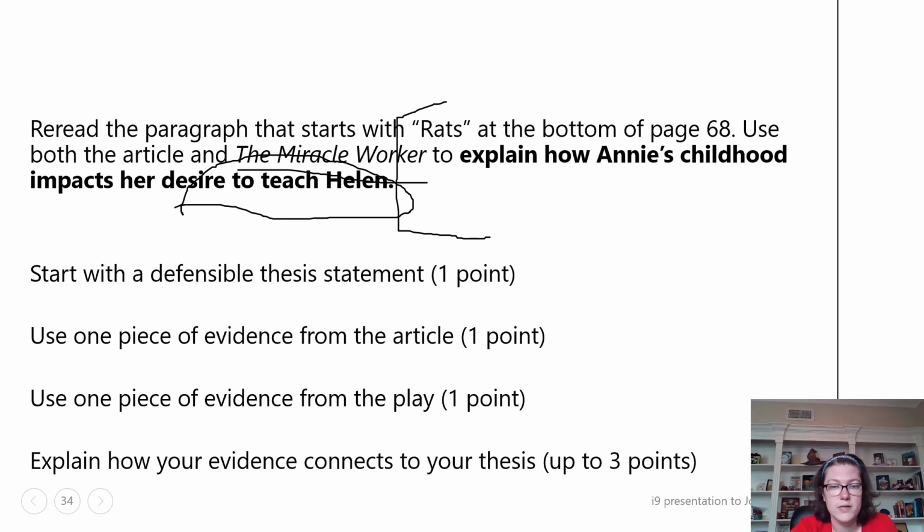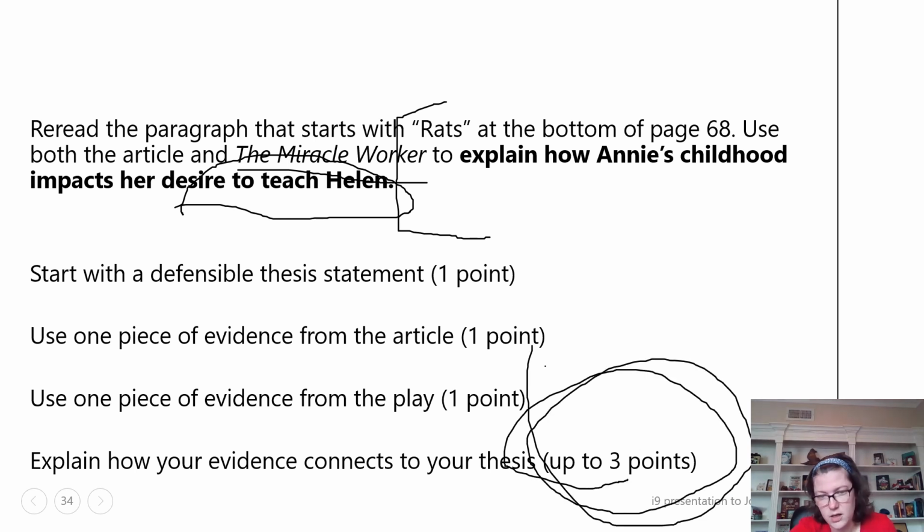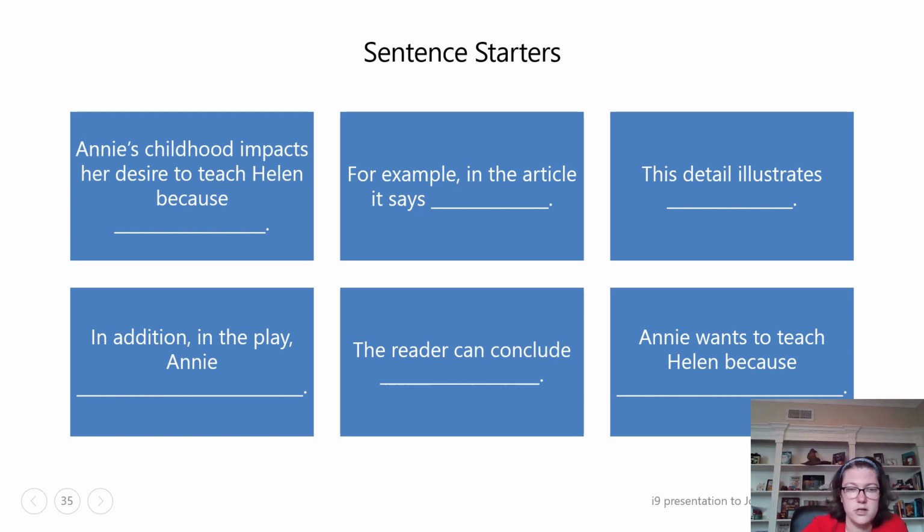You're going to need one piece of evidence from the article, one piece of evidence from the play, and several sentences explaining your answer, how your evidence connects to your thesis. To help you, I've given you some sentence starters. So this one you could use as your thesis. Annie's childhood impacts her desire to teach Helen because. For example, in the article it says, blank, this detail illustrates. So then you would explain how the information from the article